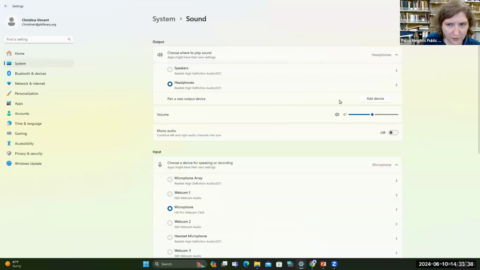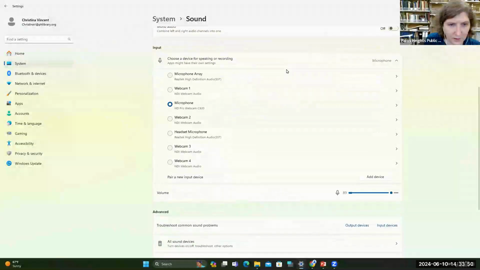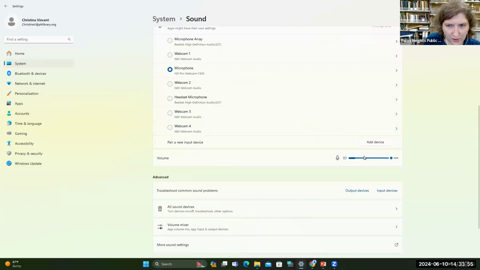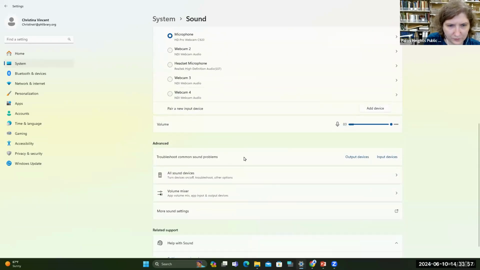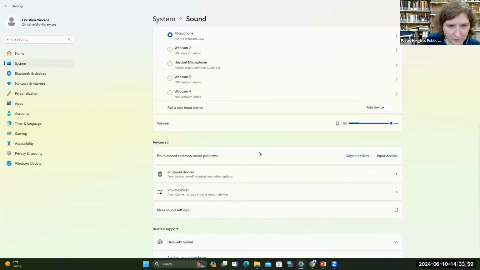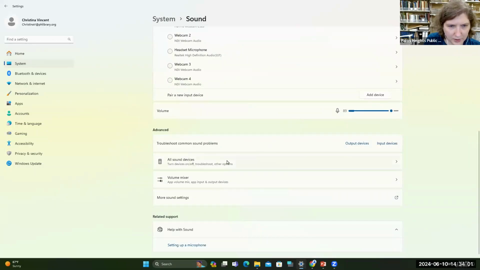So I'm connected to my headphones. Volume control here as well. Need to add a new pair of headphones, maybe Bluetooth or wireless, you can click here. This is for microphones, and the microphone volume here as well. Troubleshoot any problems you might be having here. And here you can see all the devices you're possibly connected to. And again, more help with sound down here.